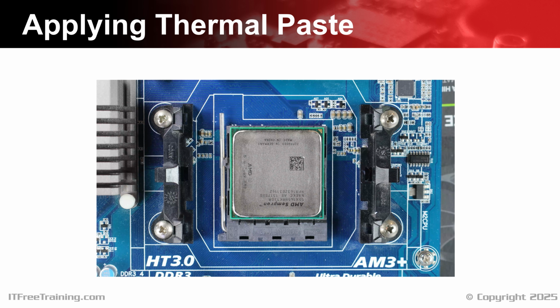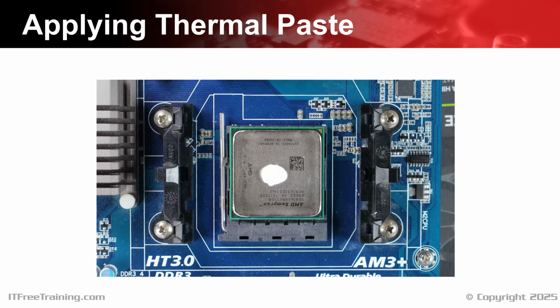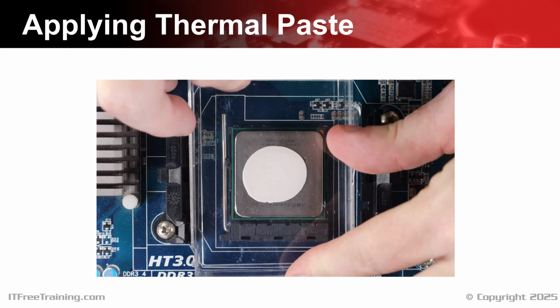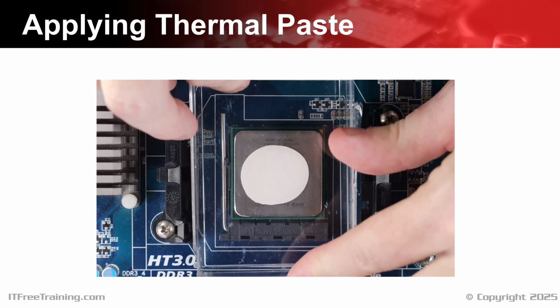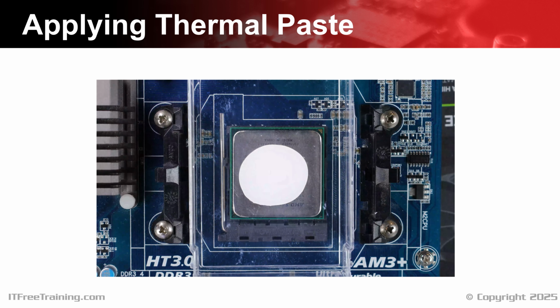I will now apply some thermal paste. In this example, I will use the pea method. You simply need to apply a blob of the paste to the middle of the CPU, about the size of a pea. I will now put a piece of plastic on the CPU so we can see what happens. I'll push down a little and move it around to simulate the CPU cooler being put on. You don't want to push down too hard, but applying some force is fine.